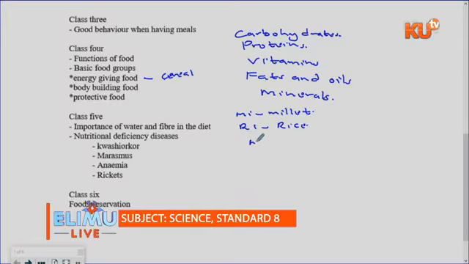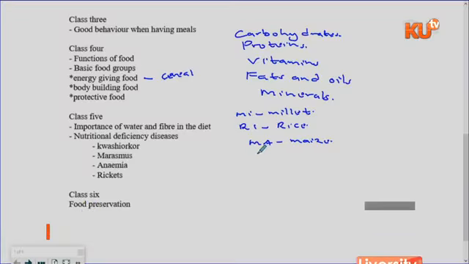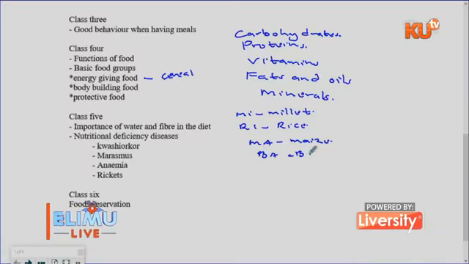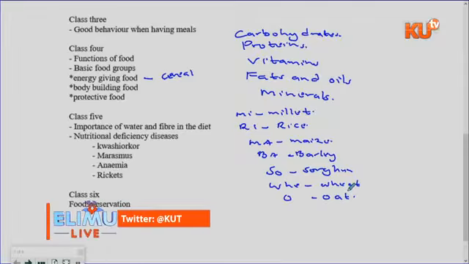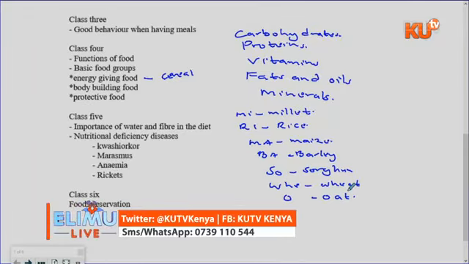We have maize. Maize is a source of carbohydrate. We have barley. Barley is a source of carbohydrate. And then we have sorghum. We have wheat. And then we have oat. These are the main sources of energy-giving food under cereals. I have a short formula there called Mirimaba Soweo. You can see millet, rice, maize, barley, sorghum, wheat, and then oat. These are the main sources of what we call